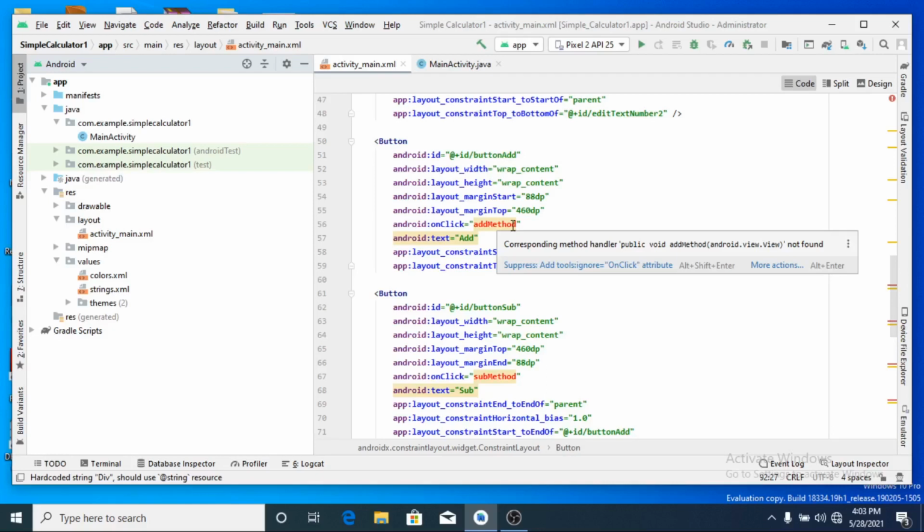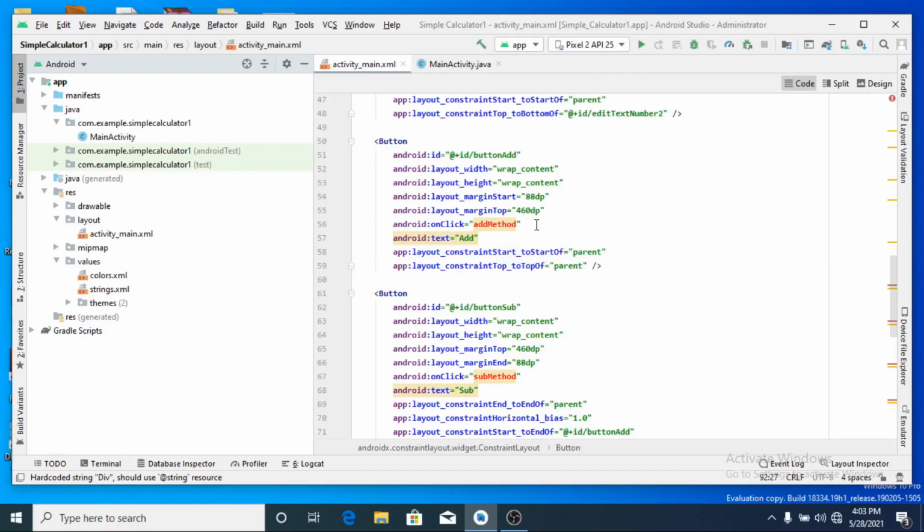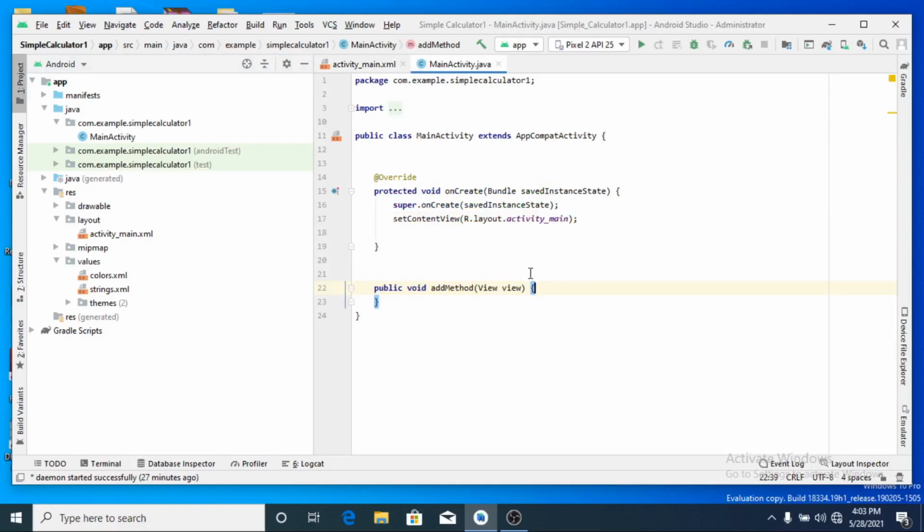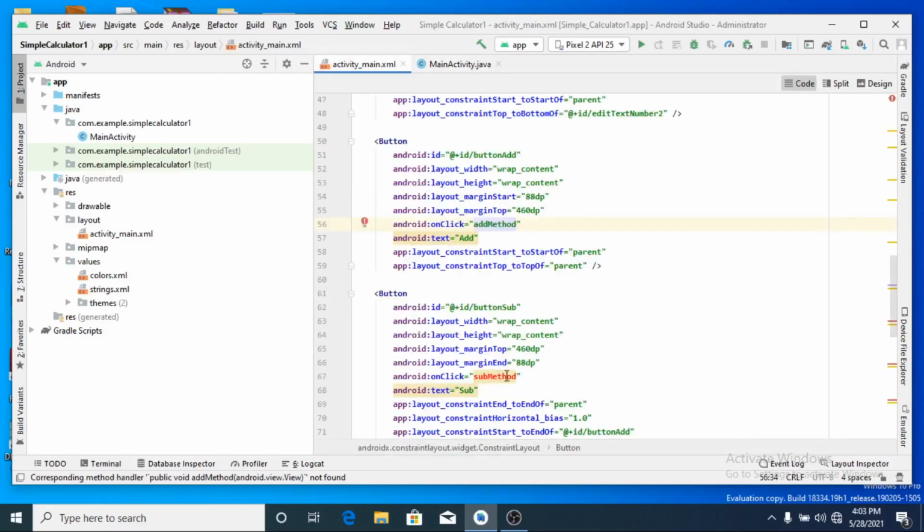Now I have to write the corresponding method in Java code. We have not added that in the Java code, hence it is showing red marking. I have shown you what to do. Go with Alt Enter. It is asking create. Yes, create it. Now it has created, correct? In the Java program, main activity .java, it has created.